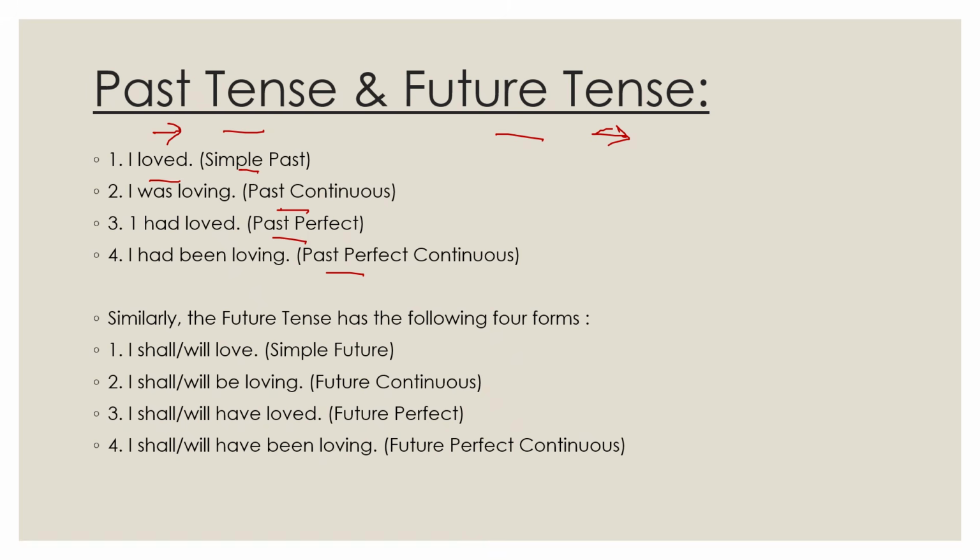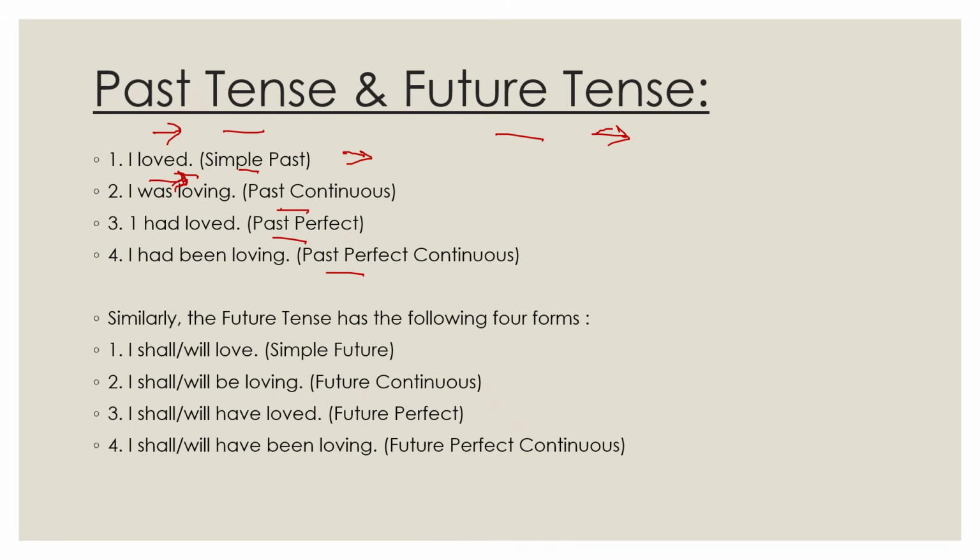Okay, so I loved. You have loved some person in the past. Right now, you are not loving. So it is just not now. Okay, it has happened in the past. So there is nothing called continue in the present. At the time of speaking, it's not happening, but in the meaning of the sentence, it happened in the past. That's all. So I loved that person. Right now, he's not loving that person. Just like saying I played badminton yesterday. That means he's not playing badminton right now, but in the sentence it means he played it yesterday.